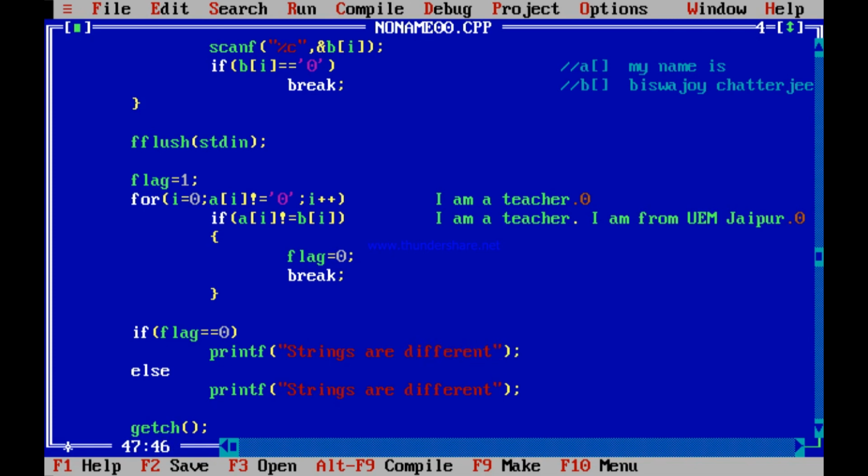But if flag is equal to 1, then it does not mean that the strings are same, because it might happen that B continues. So else I will have to check, else what? Else if B[i]. If flag is equal to 0, then strings are different, no doubt.